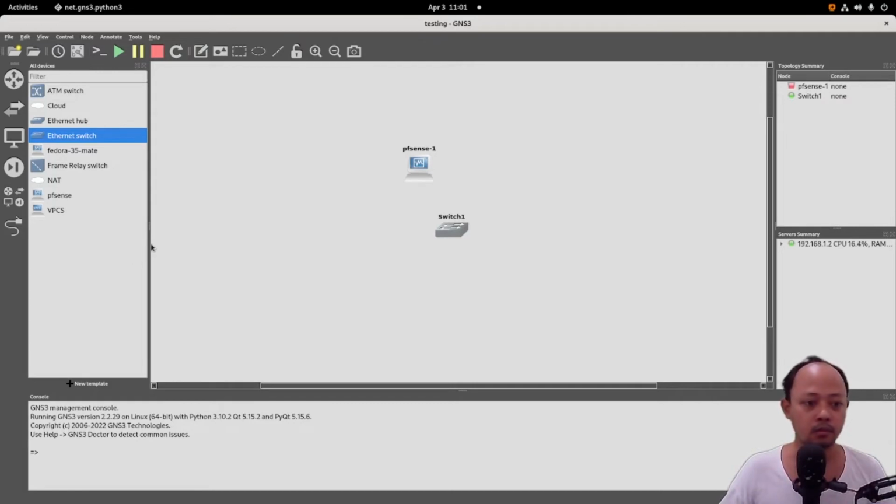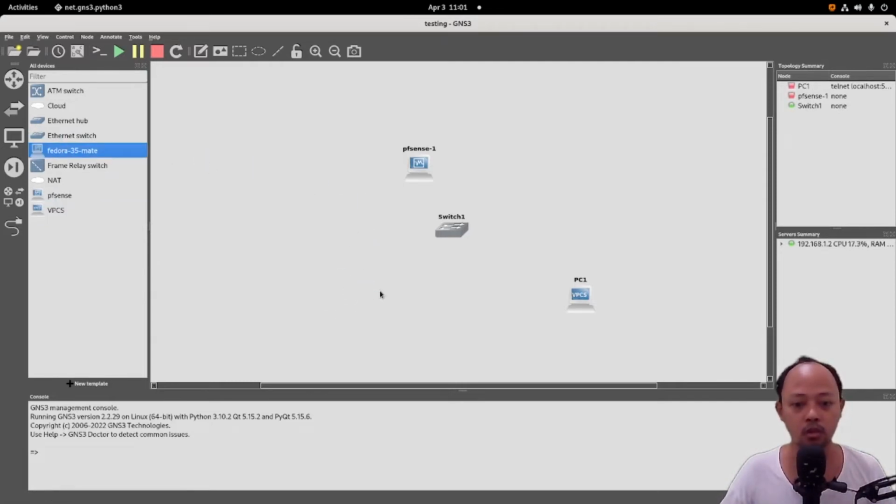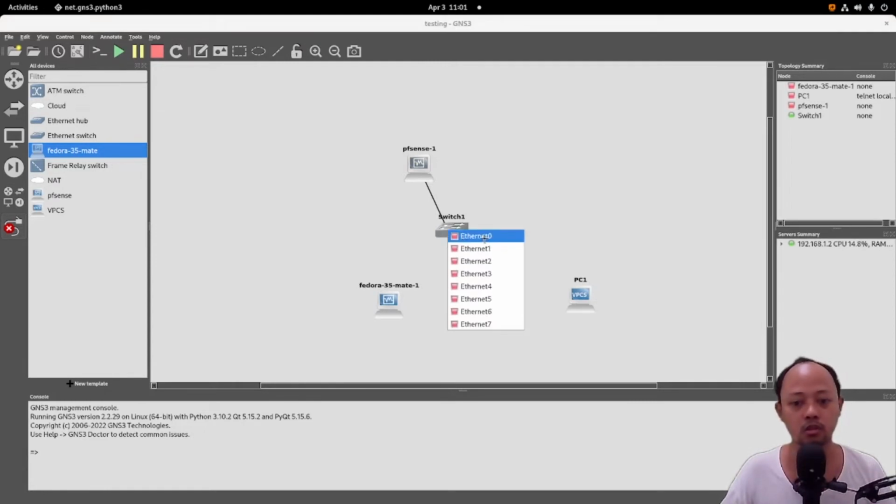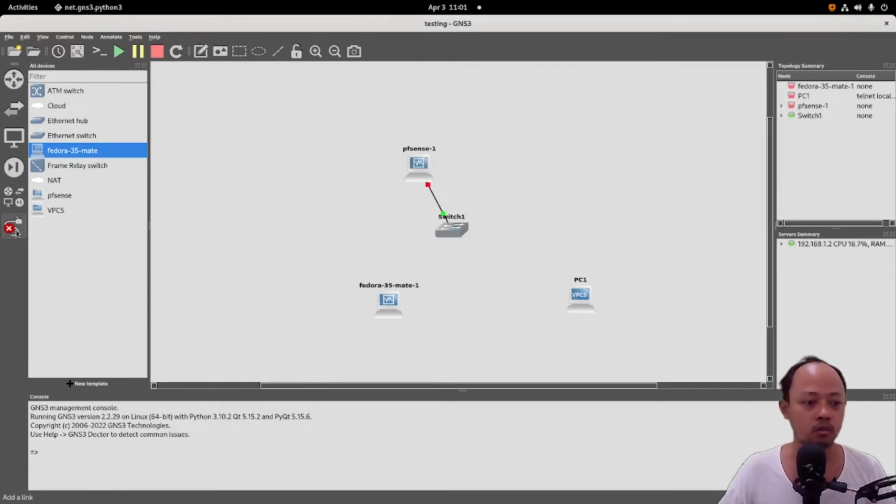And then we need the VPCS, and I will use this Fedora 35. Let's connect the router to the switch. One more thing, we need the NAT.